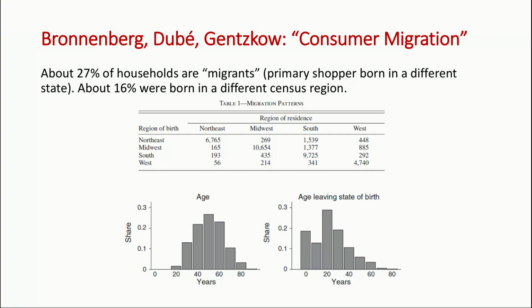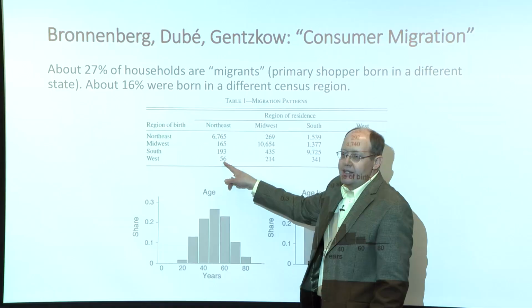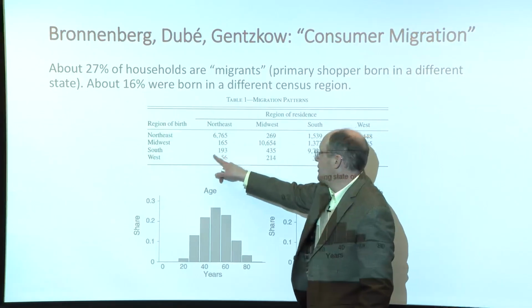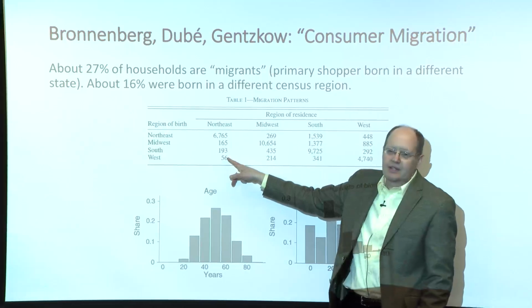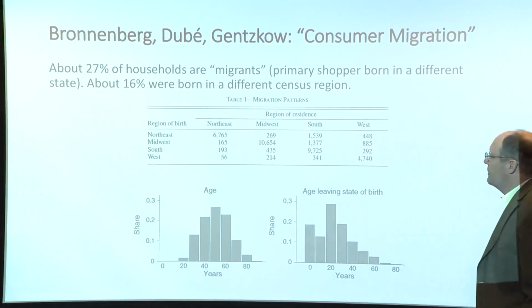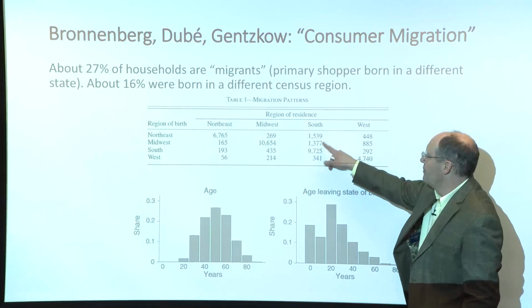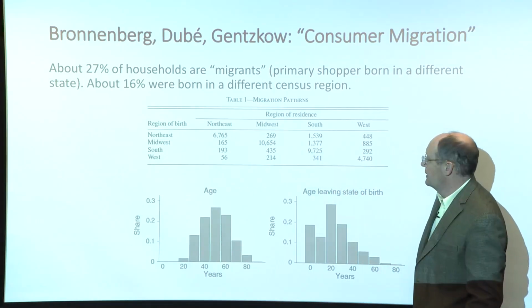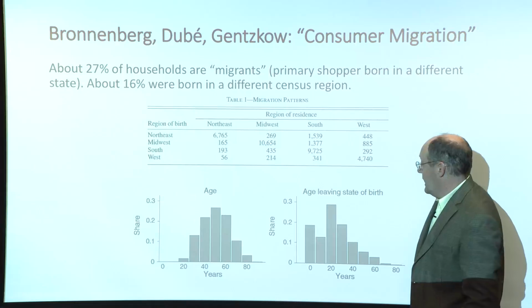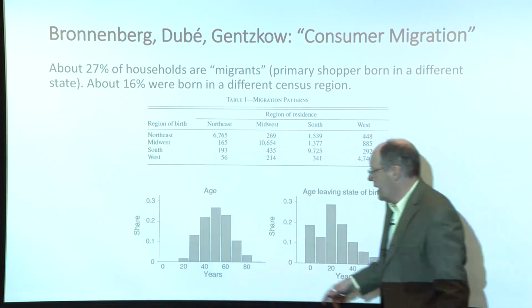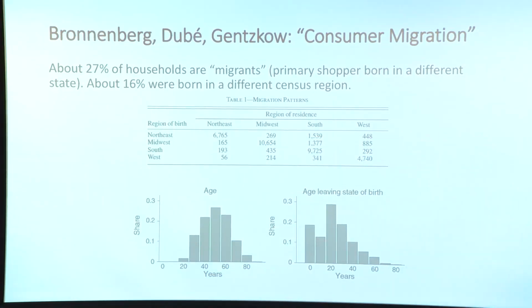Obviously, you'll notice people don't really move to the Northeast. People are born in the Northeast and then they stay in the Northeast. Very few people, especially from the West, move to the Northeast given the weather. More people in the South move to the South from the Northeast or from the Midwest. Ages, the people in their sample tend to be in their 40s, 50s, 60s. You get very few people in their 20s who want to have a scanner and scan everything they buy at the grocery store.